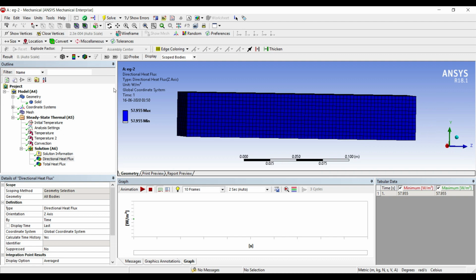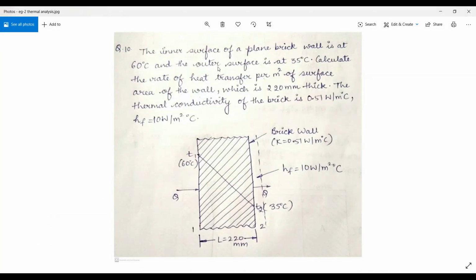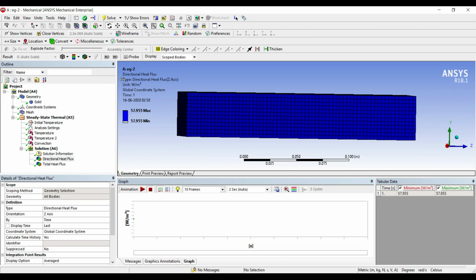And you can see over here, this is the symbol which is used for heat flux. At least the symbol which I use is small q. And the unit is watt per meter square. You can check the question, it is written here. Calculate the rate of heat transfer per meter square. The unit of heat will be watt over here, heat transfer. So it will be watt per meter square of surface area of the wall, which means I get the answer in the same unit. You can check this answer by manual method. I have calculated and I have got the same answer.